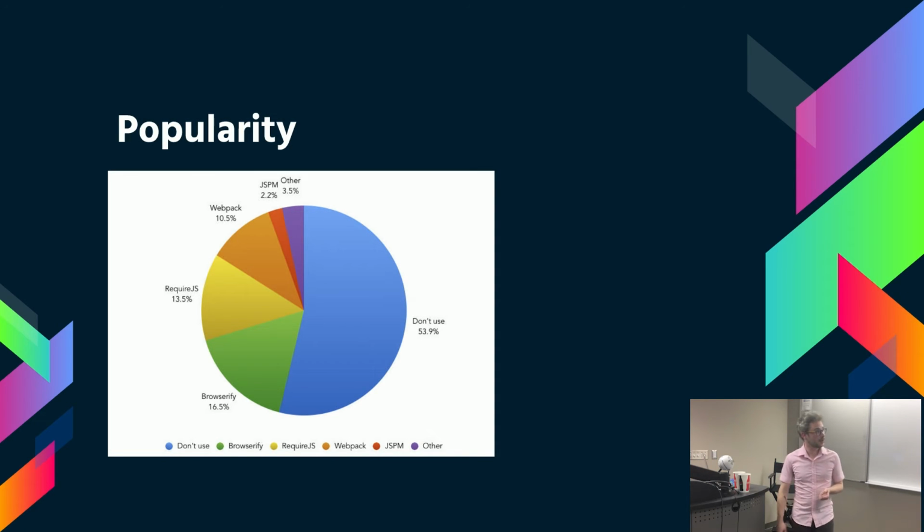So, some popularity here. "Don't use" is more than half of this chart. That one's actually not as surprising, I don't think. I feel like you'd need to kind of make an application to necessarily need one of these things. It's a little large. I would think most websites would probably just need jQuery things or little small snippets that are based on the page that you're on, rather than a fully architected application. So I don't know what these developers did necessarily, but